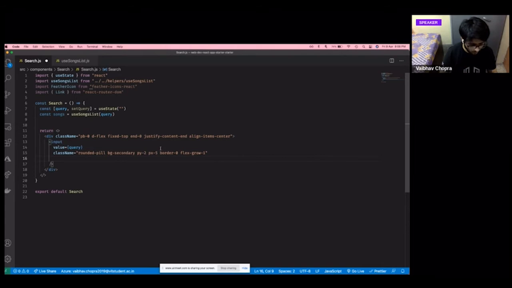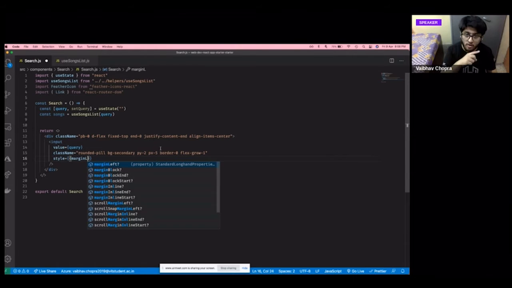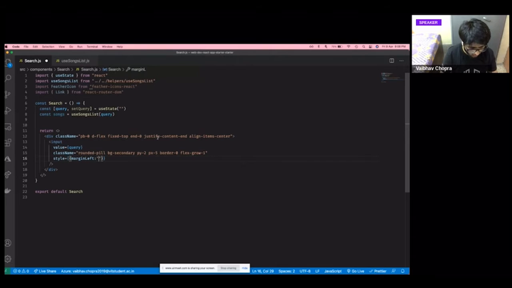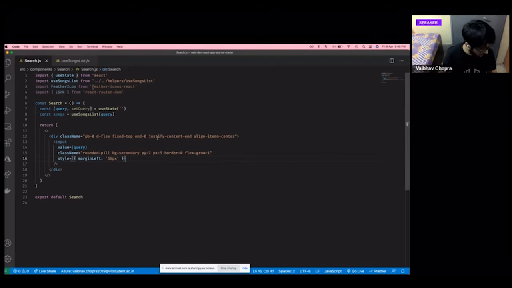And one thing that we might be comfortable hard coding here, which I cannot write in the Bootstrap class names themselves, is the margin left, which I want because I also have to account for that left chevron which is there, because this is absolute, so we can't account for this in any other good way. So we will just give a margin left of 50 pixels, or actually not exactly 50, it's 56 pixels. I have calculated it. You can tweak around with this value. If you find something else is more suitable, you can use that.